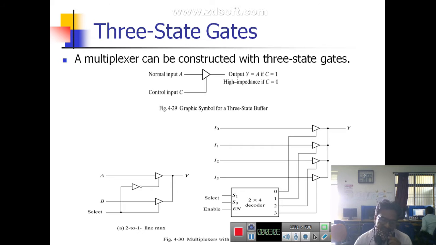These three-state devices allow multiple sources to share a single party line, as long as only one device talks on the line at a time. This figure is an example of how this can be done. Here we have three input bits, the data input and the control input, and the different source coding bits, SRC0, SRC1, SRC2.